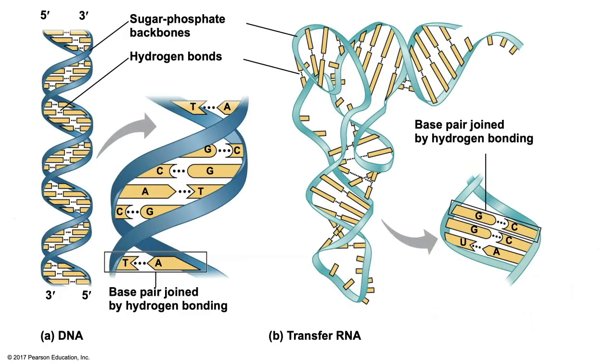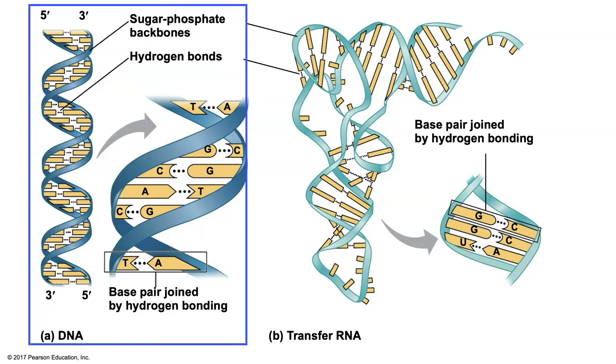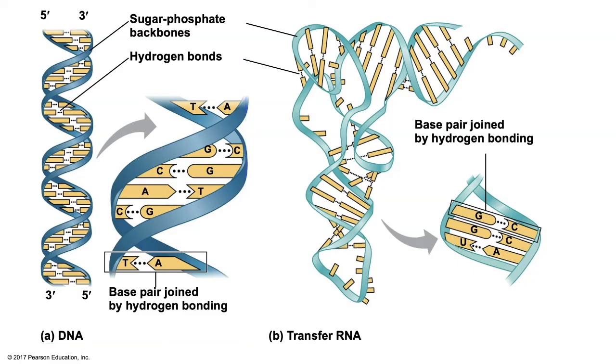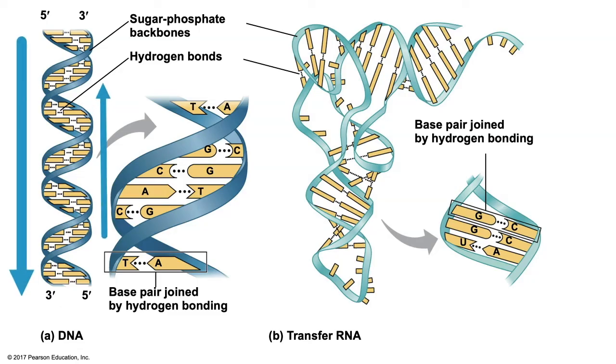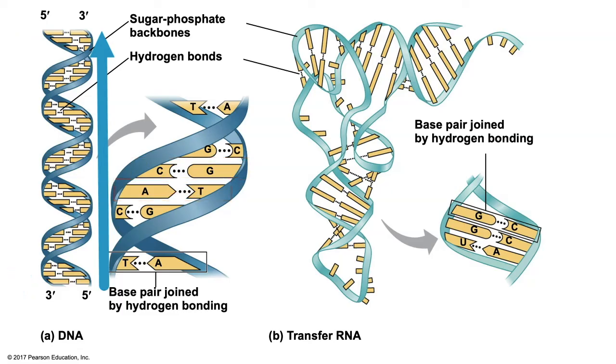In this slide, we can see all of those differences that I was just pointing out. So while DNA exists as a double helix, RNA molecules are more variable in form. Image A shows the DNA double helix. Notice that the strands are running in opposite direction. That's anti-parallel. So we have a 5' to 3' and a 3' to 5'. We also see the C nitrogenous base pairing with the G nitrogenous base and A pairing with T. The bonds that hold complementary strands of DNA together are hydrogen bonds, and you can see them as those dotted